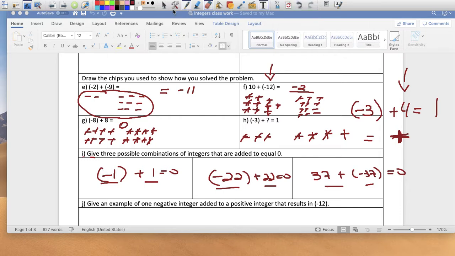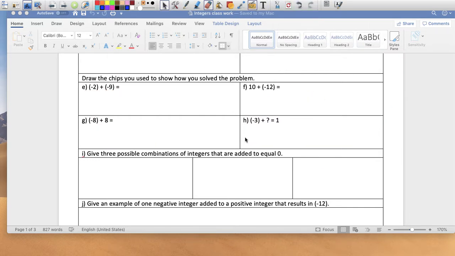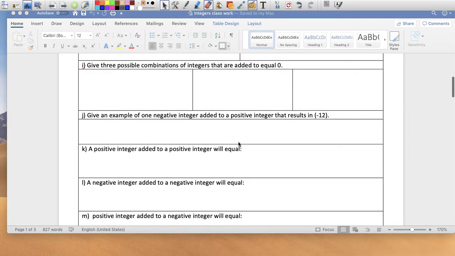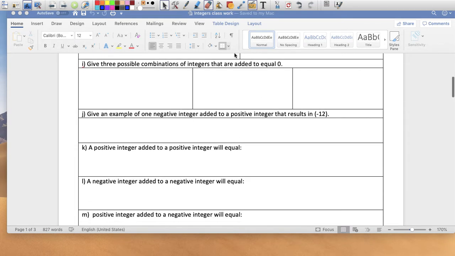Give 3 examples of integers that give you -12. Okay, of one integer added to a positive integer. So a negative integer added to a positive integer. Okay, so it has to equal -12. So it has to be addition, and I need a negative number here and a positive number here. So let's try, let me put 1 over here. So I know that I have to have more negatives. And how many more negatives? -12. So if I put 1 more, so if I had -13 plus 1 positive, the answer would be -12